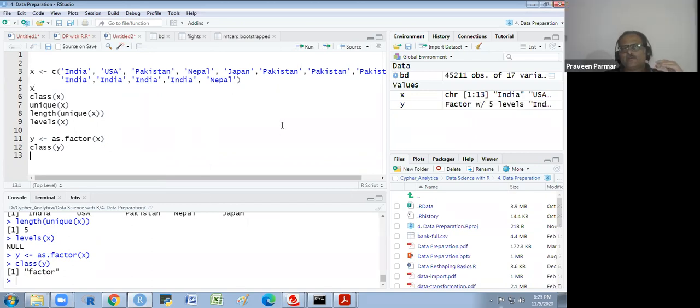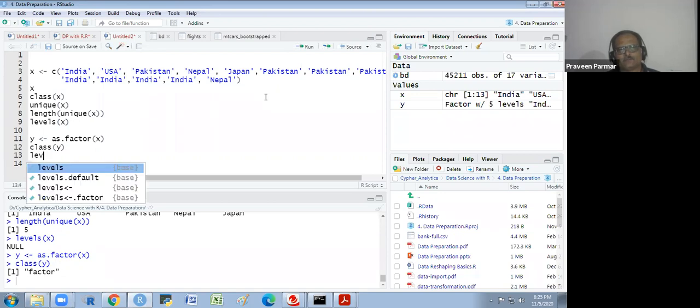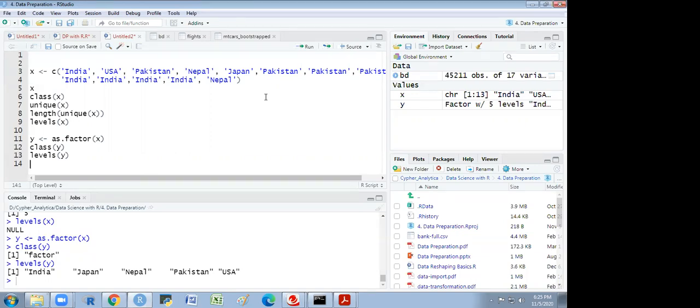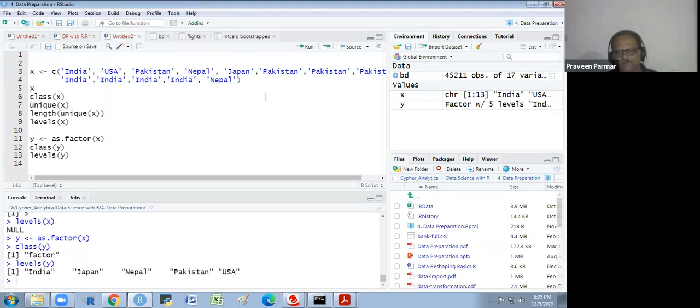Suppose I remove USA from X. And first I tell you one more thing: if I ask for the labels of Y, I am getting these labels. The 5 levels are the 5 unique values I have got.